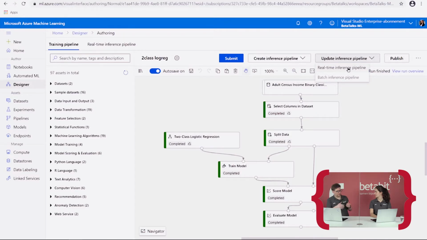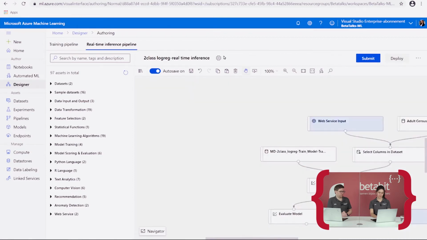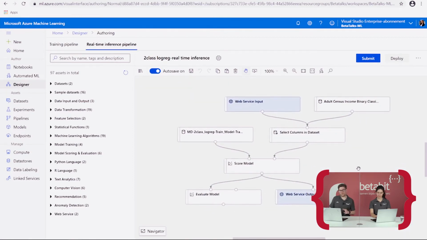And this is actually a really useful button because you can make changes based on your training pipeline and let them flow through to your inference pipeline. In this case, there's nothing to change, but it is really interesting to see how we create it. So what happens when we click the button? You can see now it has added a few steps. We have a web service input building block that has now been added, and also a web service output building block that has been added,